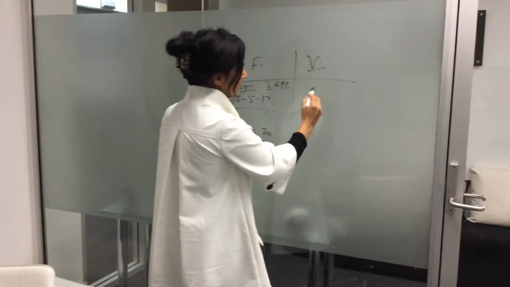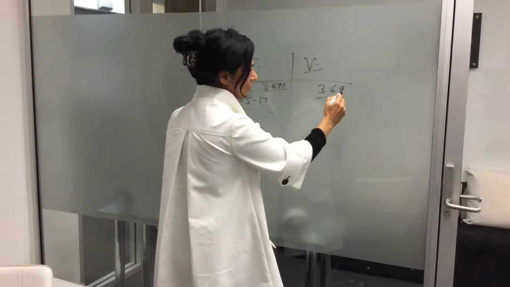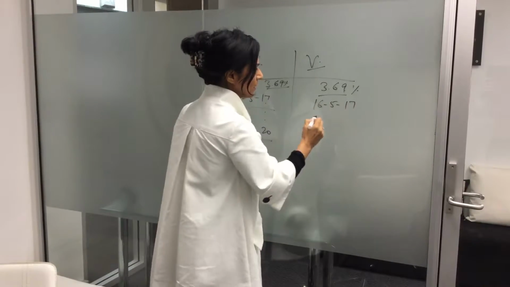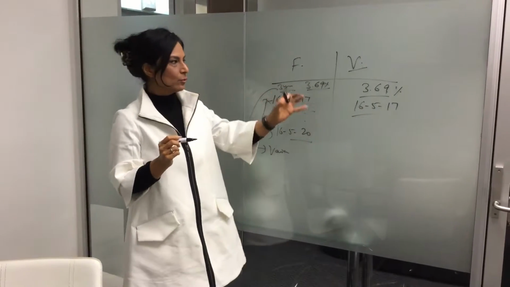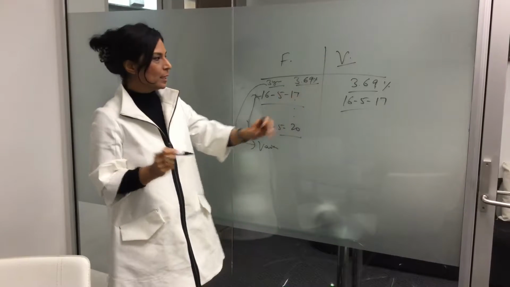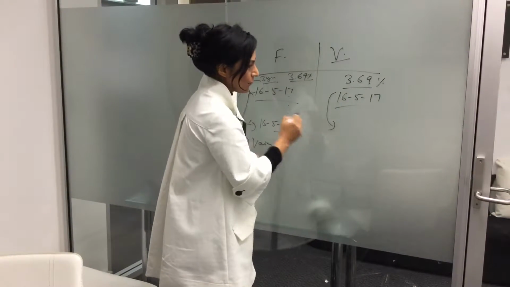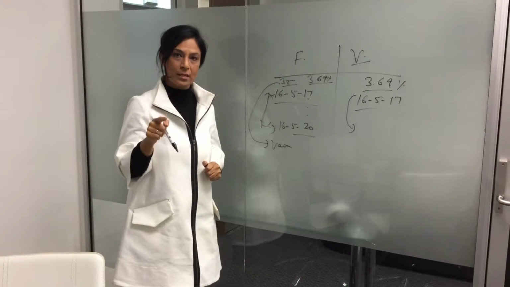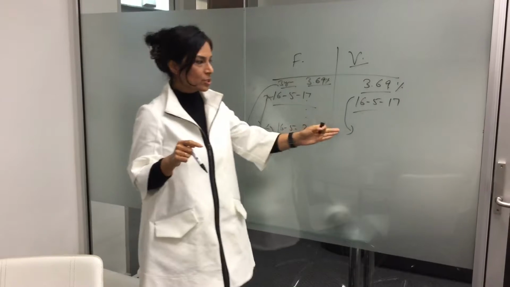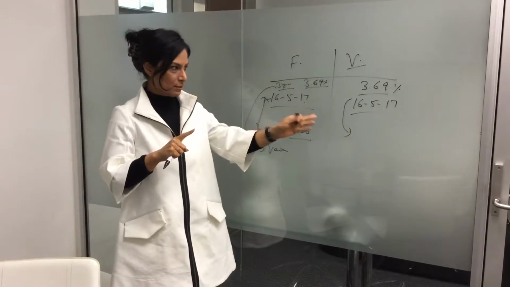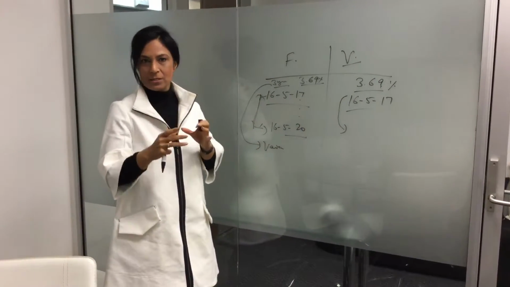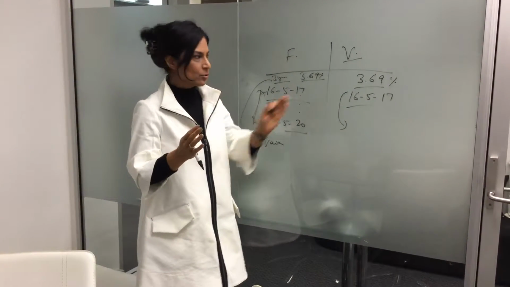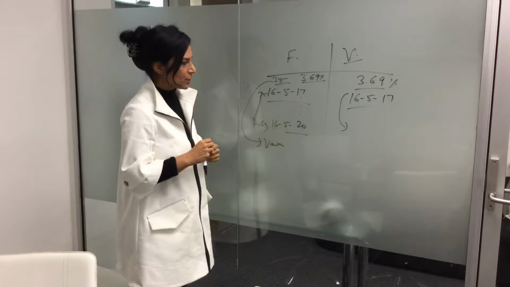With the variable, if you start today at 3.69%, say 16th of May 2017, you've settled on a loan at 3.69% variable. This can change even after the settlement, even a day after the settlement, if the bank chooses to. If the bank you've settled with changes their rate, this can change, or if the RBA changes the rate, this rate can change as well. It depends upon market factors and the bank's discretion. So there are a few factors that can change the rate.